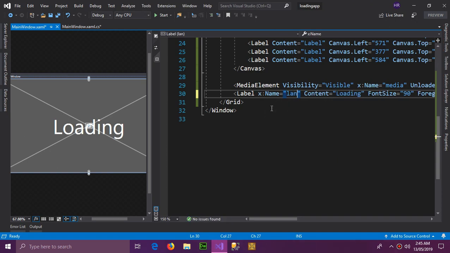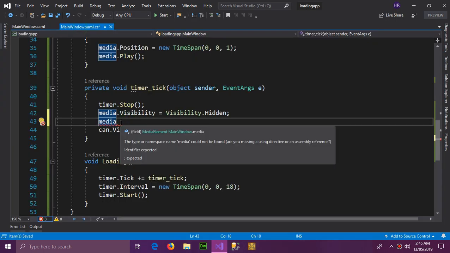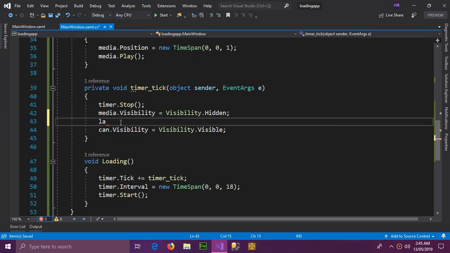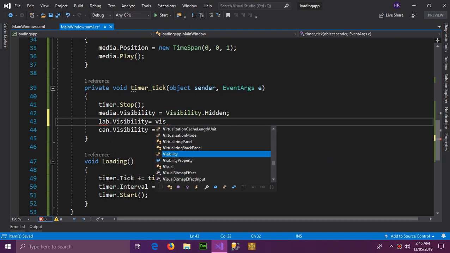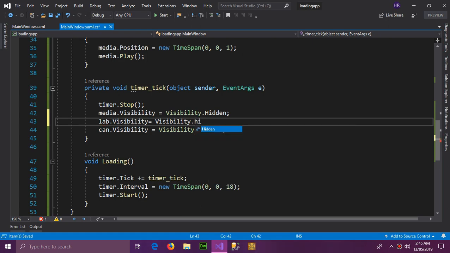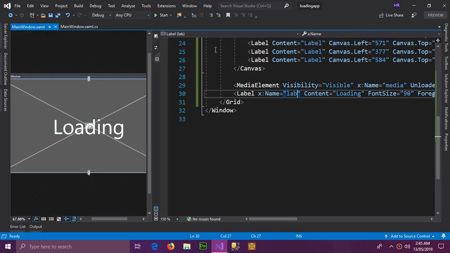Name it label, and label dot visibility equals visibility dot hidden. So now it's gonna be hidden,